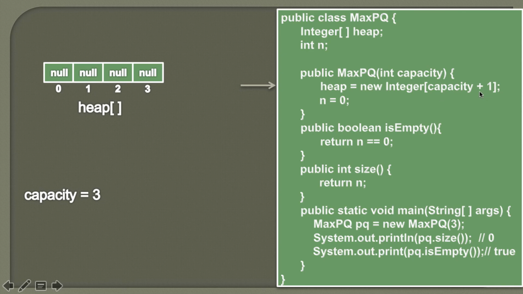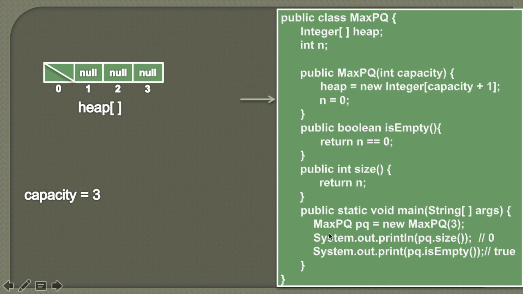Why we do capacity plus 1 is because we discussed in our previous tutorial that the first element in an array we always keep empty. We don't use index 0, and we place our elements starting from index 1. As we are not using this 0th index, the array can now hold a capacity of 3. Therefore we are initializing this integer array with a length of capacity plus 1. Moving ahead,